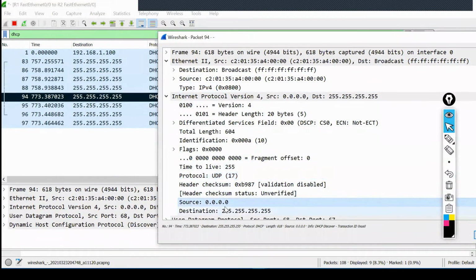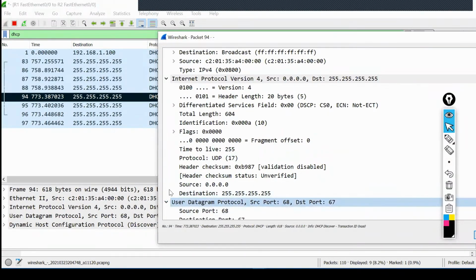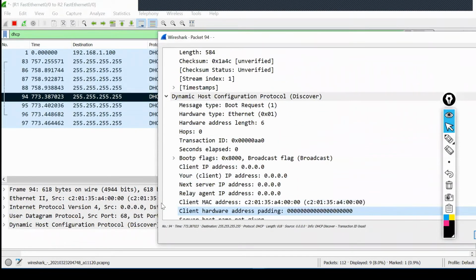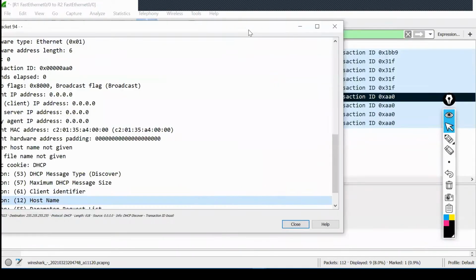Source IP, I don't know. Destination IP. Source port number. Destination port number. DHCP. Now let's do one thing.